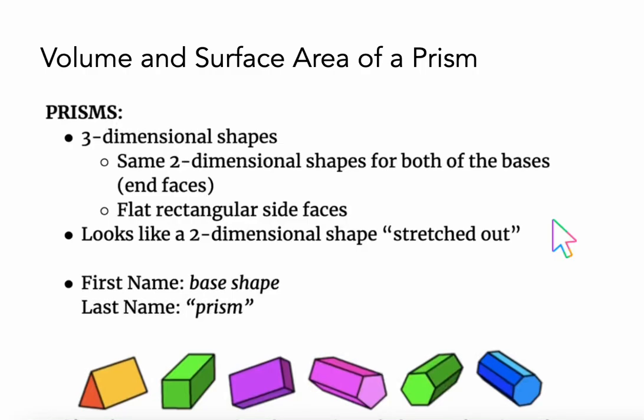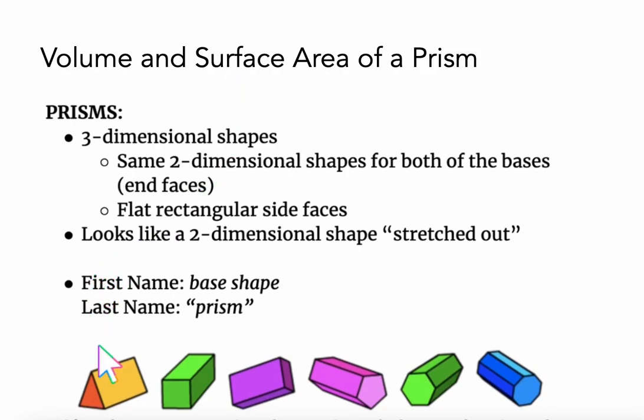Hi everyone! Today we're going to talk about how you can find the volume and surface area of a prism. So to start off, prisms are certain types of three-dimensional shapes. There are different types of prisms. Here are some below, but they all share two characteristics, and that is that they have the same two-dimensional shapes